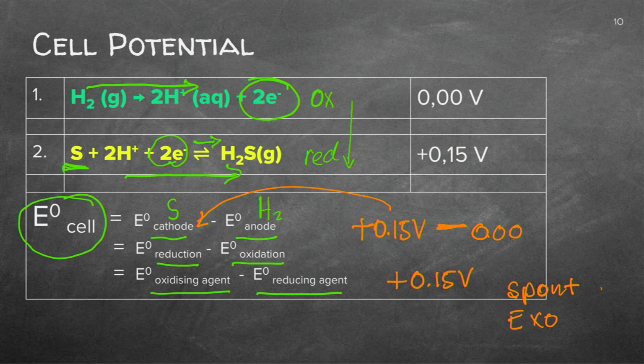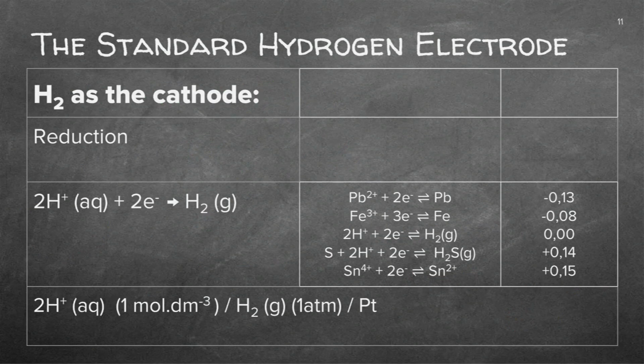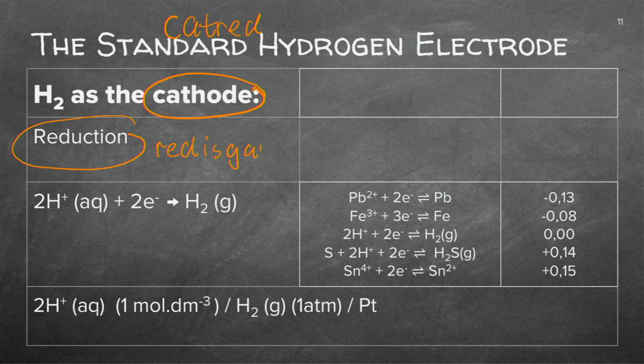Let's have a look if the cathode is the hydrogen. Now it's a cathode and we know it's "cat red". So cat red will be the reduction. Reduction is gain. I'm repeating myself because I want you to know this. I'm gaining electrons. So the hydrogen is now going that way. So the reduction half reaction will be happening if something at the top will go and give away the electrons, being the oxidation half reaction.